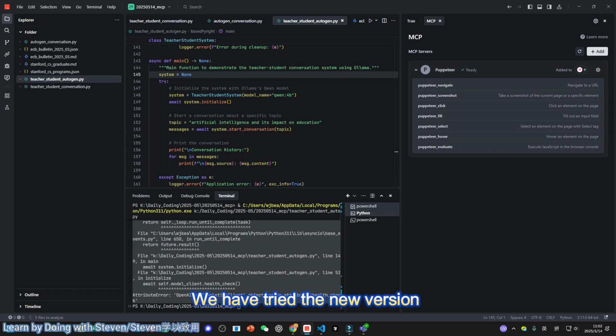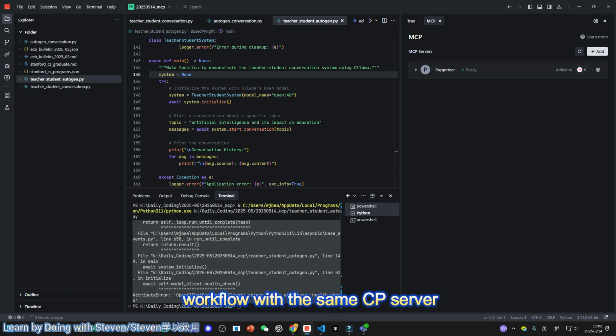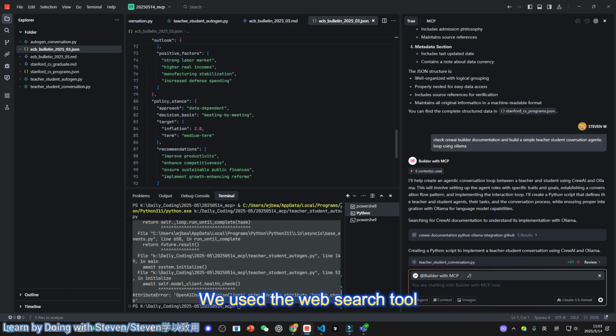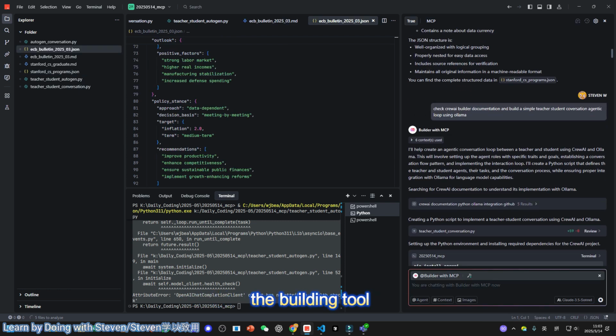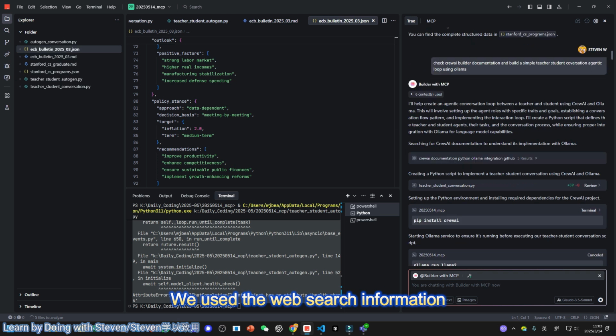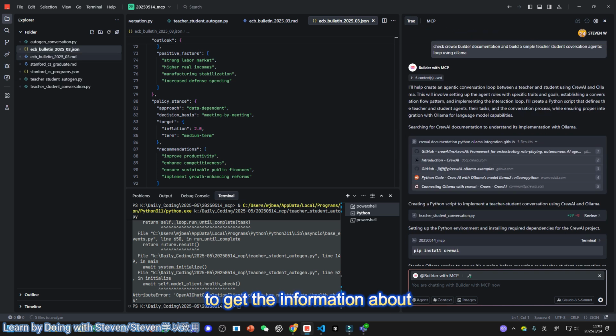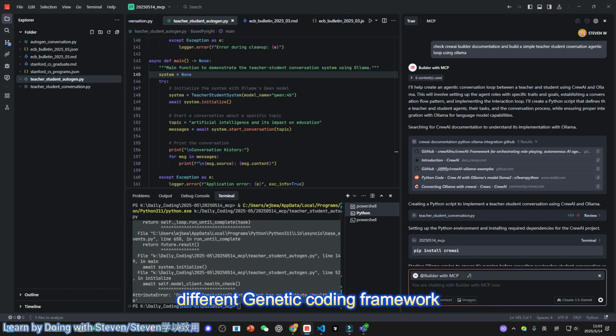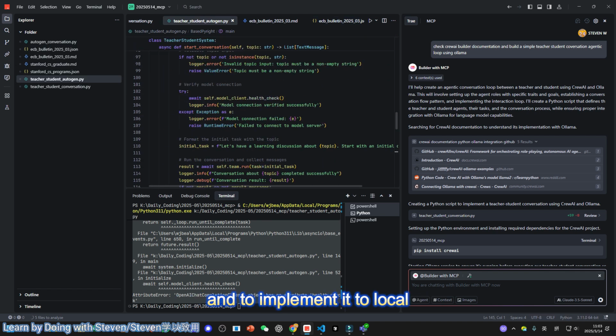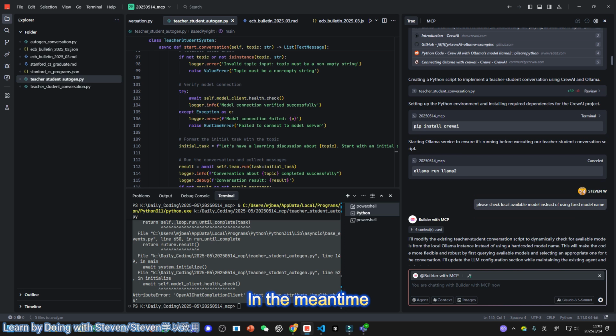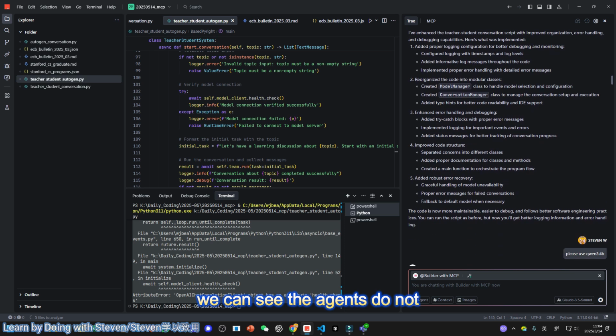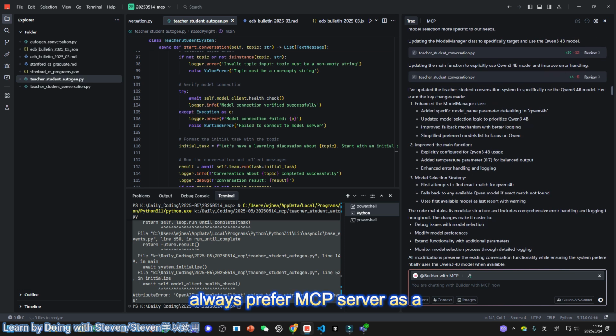Okay. At this moment, I think we have done several things. We have tried the new version of the TRAE Agentic IDE. We have tried to equip the agentic workflow with this MCP server. We used the web search tool, the built-in tool, to get the online information we wanted and transform it into a local Markdown file and JSON file. We used the web search information to get the information about different agentic coding frameworks and to implement it into a local application. In the meantime, we can see the agents do not always prefer MCP server as a tool